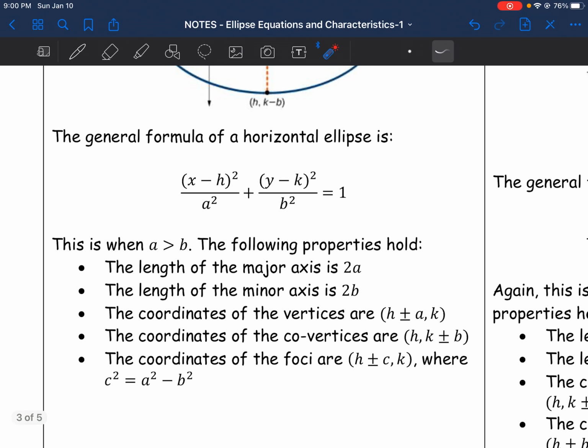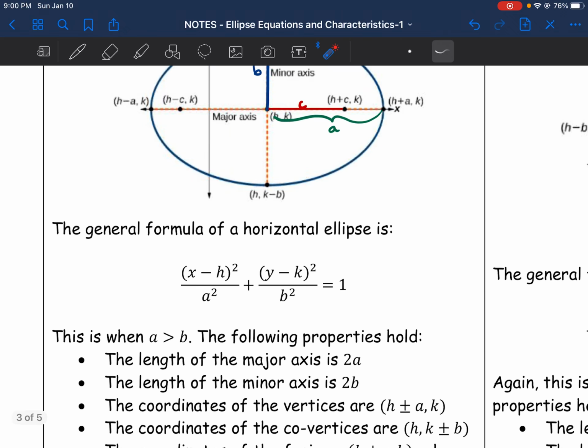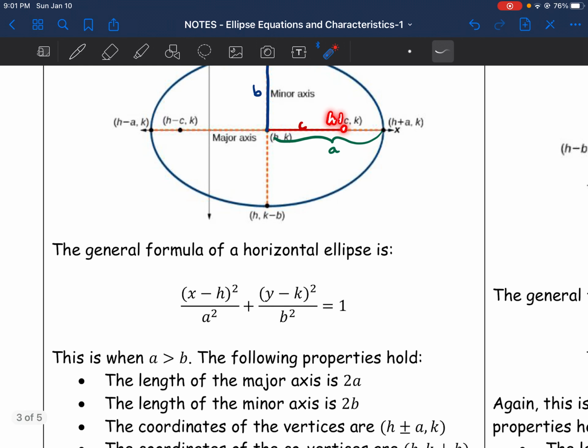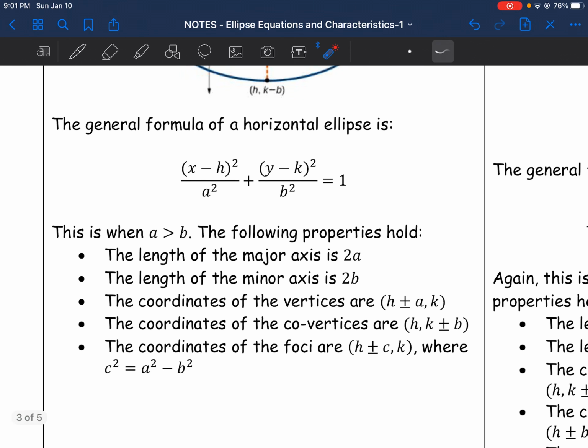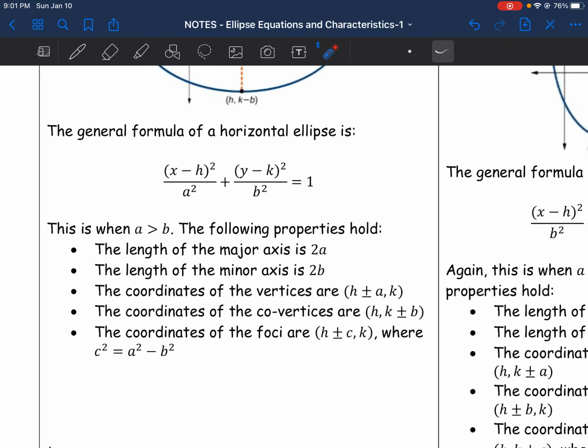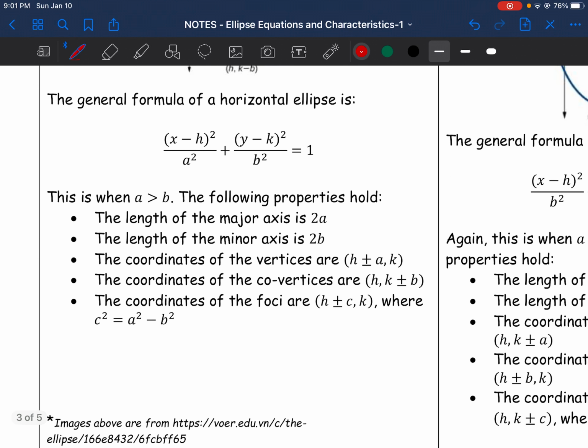Lastly, we look at the coordinates of the foci. The coordinates of the foci are going to be (h plus or minus c, k). So here's one of them, here's the (h plus c, k), then here's the (h minus c, k). Notice that the way that we're writing these, this h plus or minus, k plus or minus, this plus or minus business that we have going on, means that there are 2 different coordinates. We're going to have one where it's (h plus a, k), in this case. Then we have another one where it's (h minus a, k). Okay? Now, one thing that I want to write in here, I forgot to actually write this out in the notes,